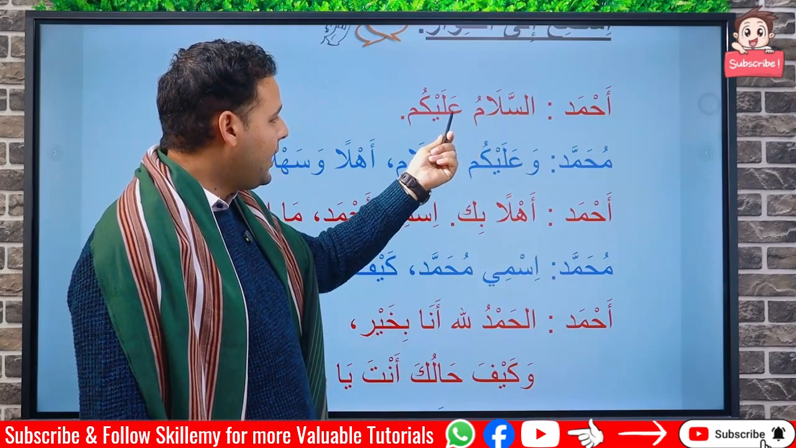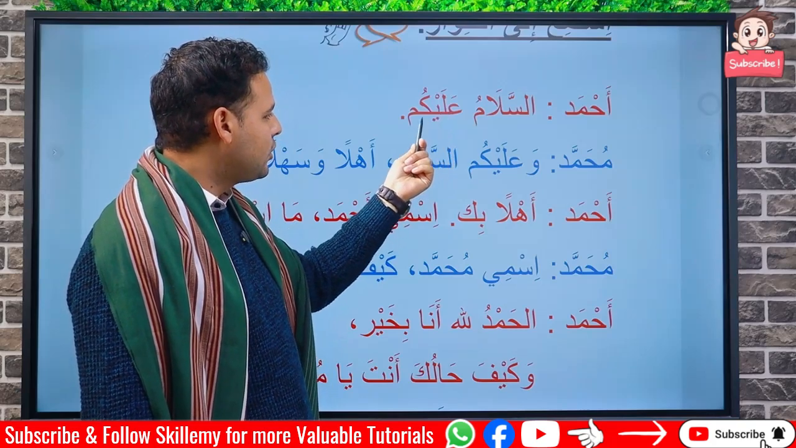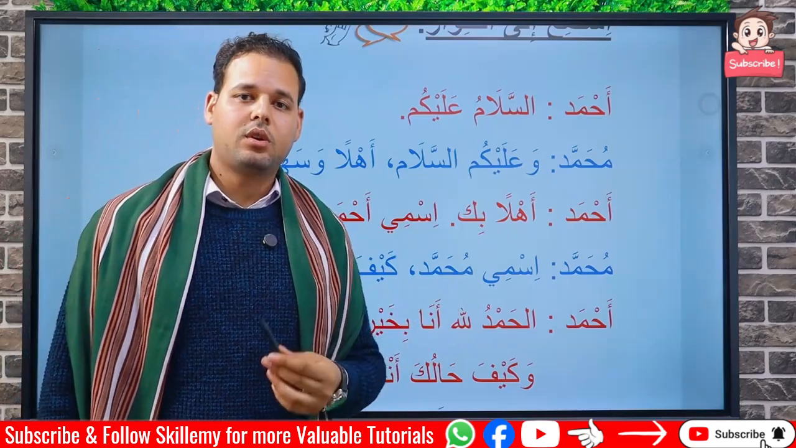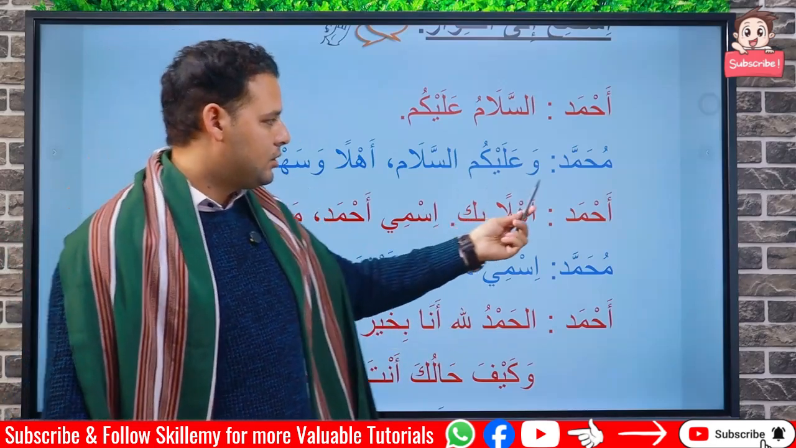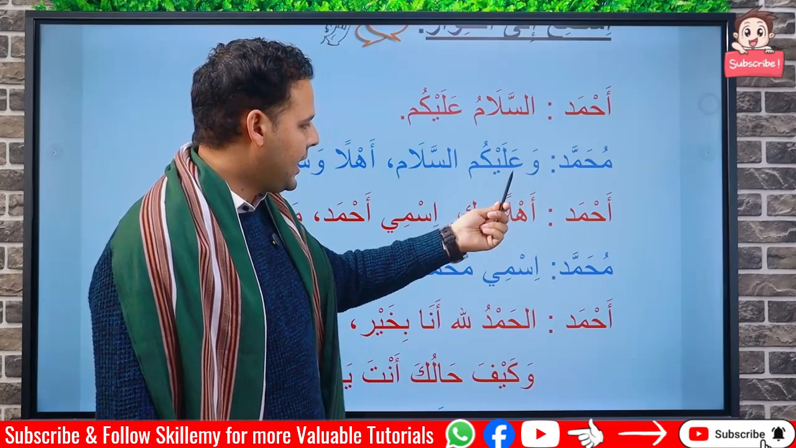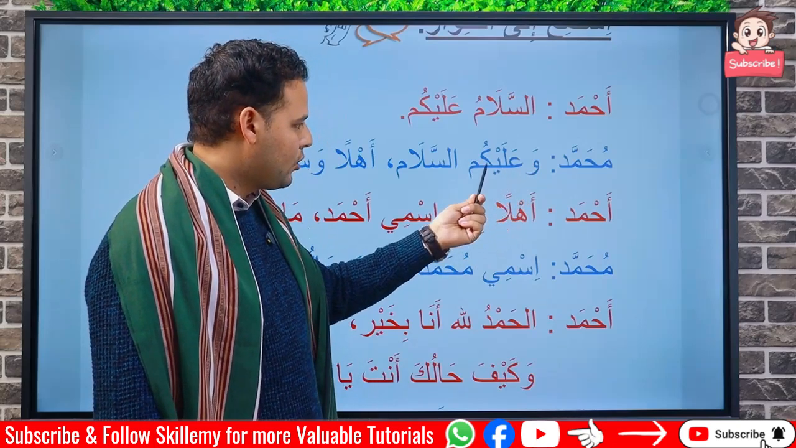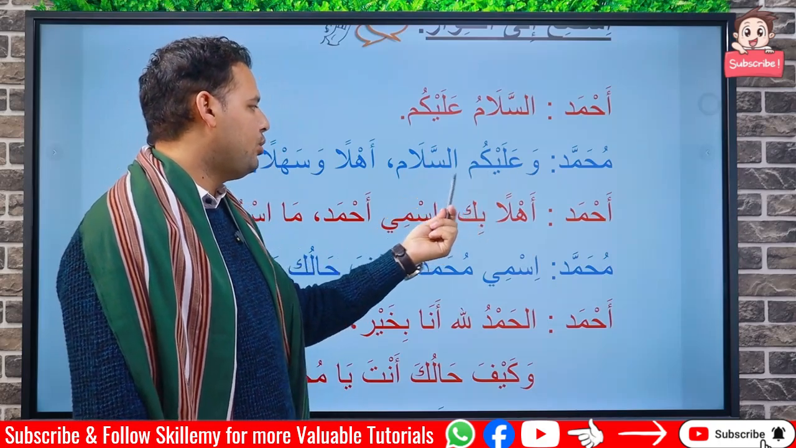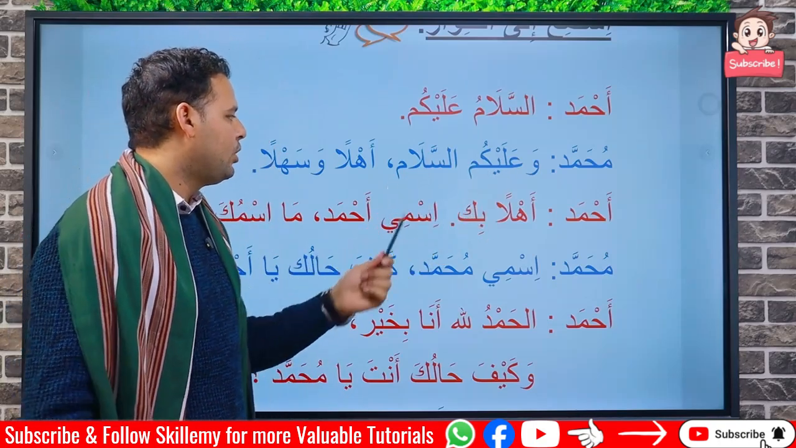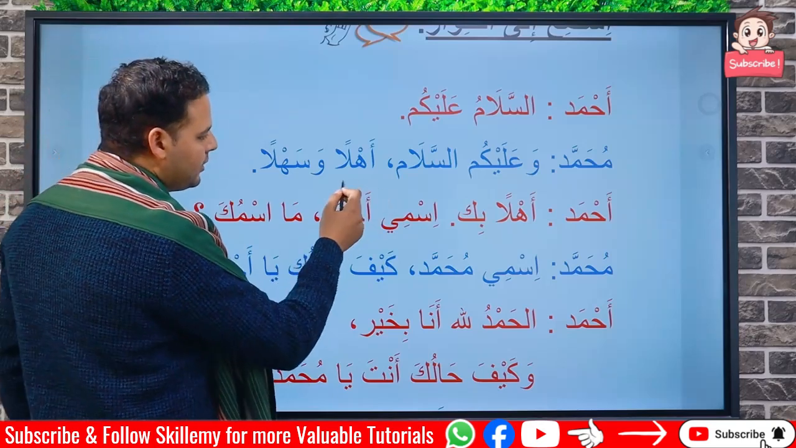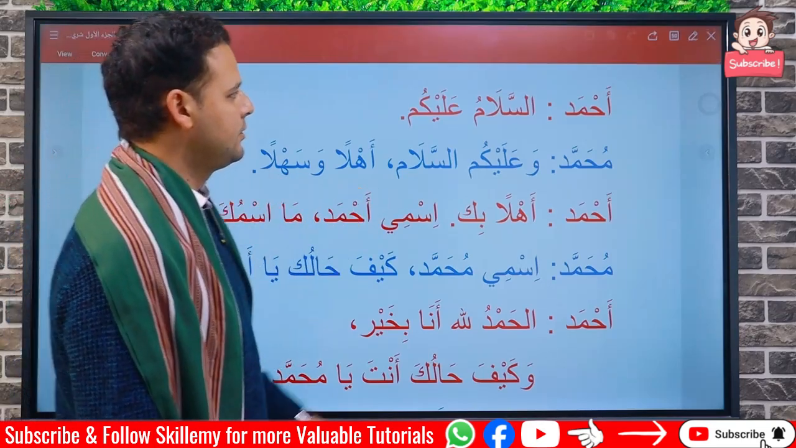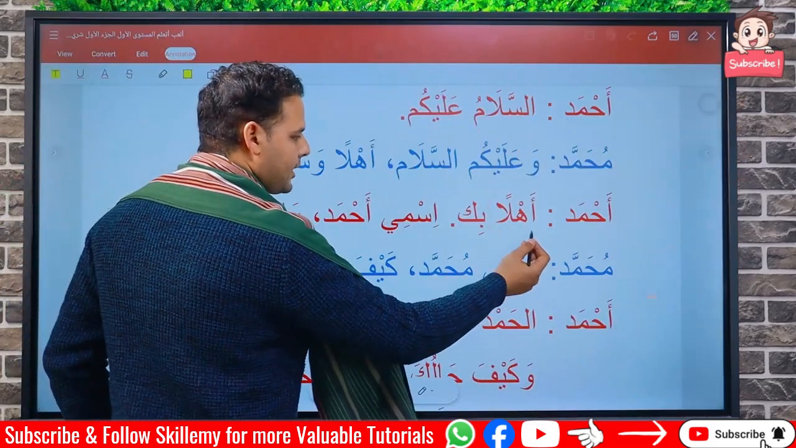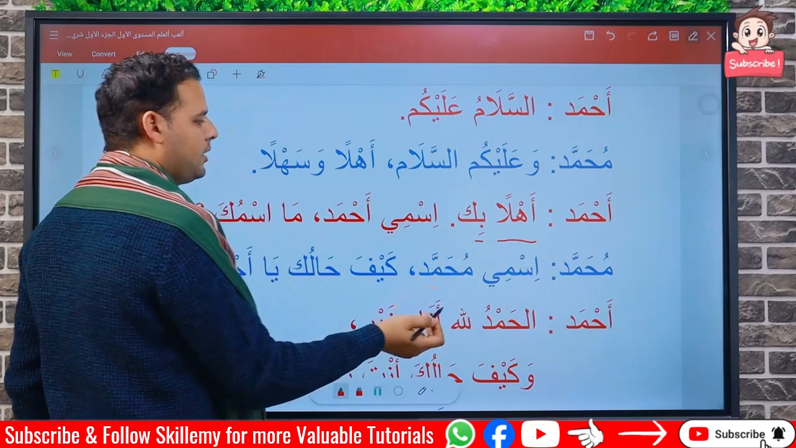Assalamu alaykum. If the word is big, try to divide it so that it can work better with you. Alright? So Muhammad is saying wa alaykumu assalam, ahlan wa sahlan. So Ahmed is saying ahlan bik,